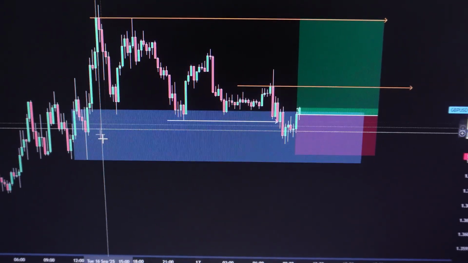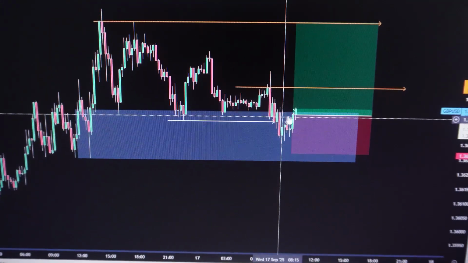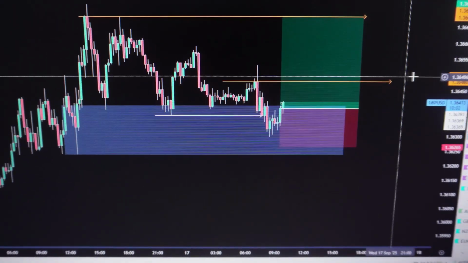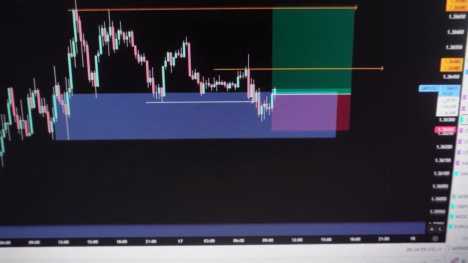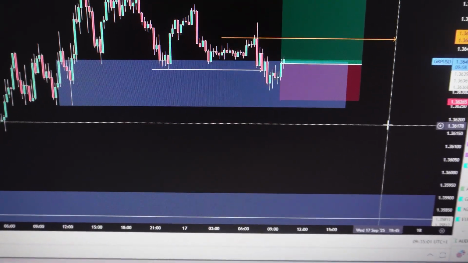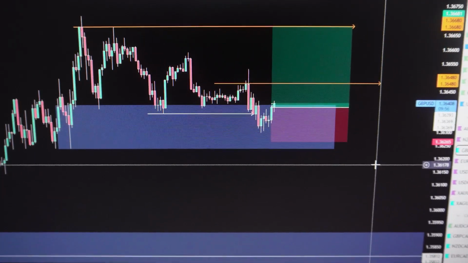We do have this nice demand zone backing up the trade. And now I'm looking to see if I can capitalize on the swing. I'm very bullish on pound USD. I like the analysis on the higher time frames. We can probably do a deep dive into that later in the video, but I will be going live on